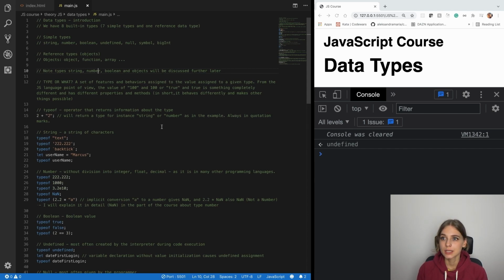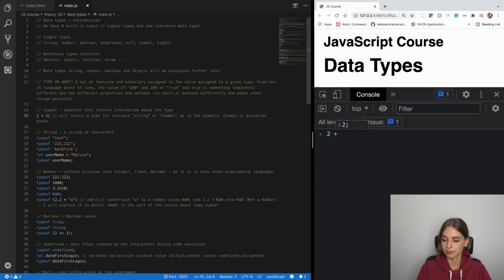To kind of present the topic, I'm going to use the operator of typeof. And typeof kind of just gives the information of what is the type of the data. So another operator would be this plus here, and it's always adding something. Sometimes it can add numbers. If it's 2 and 2, it's just going to add 2 and 2, so it's going to give 4